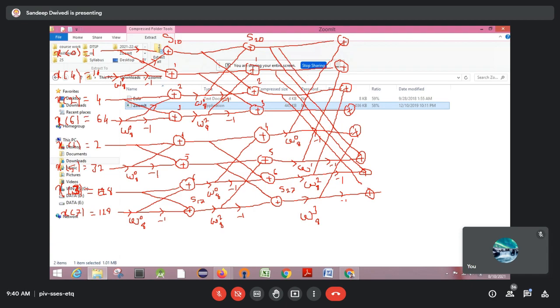Sorry, this will go to this, then here it is not there, so this will go to this, so this will go to this one, and this last one will go to like this. Okay, so you can mark this as x of 0, x of 1, x of 2, then x of 3. Is there any doubt in this diagram?